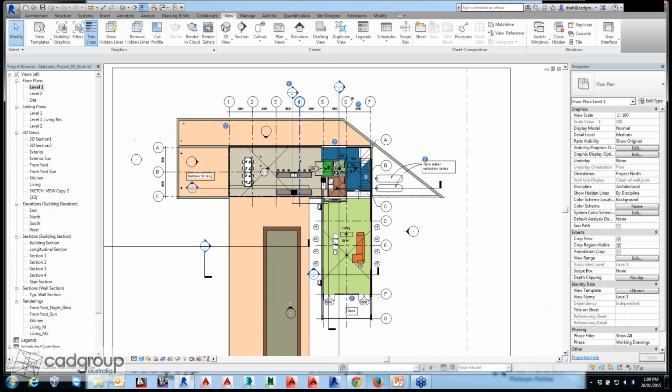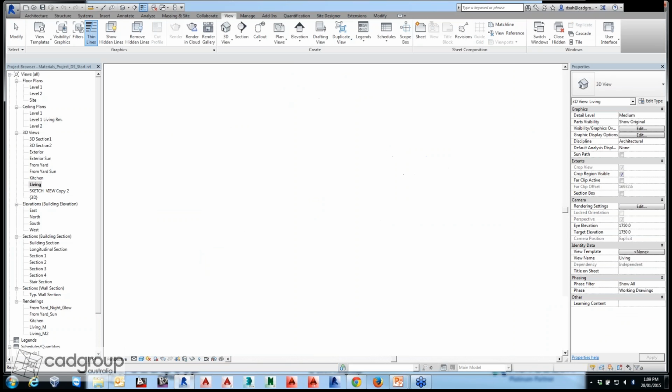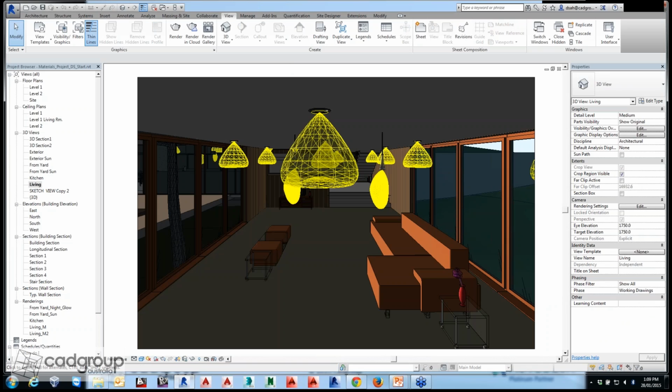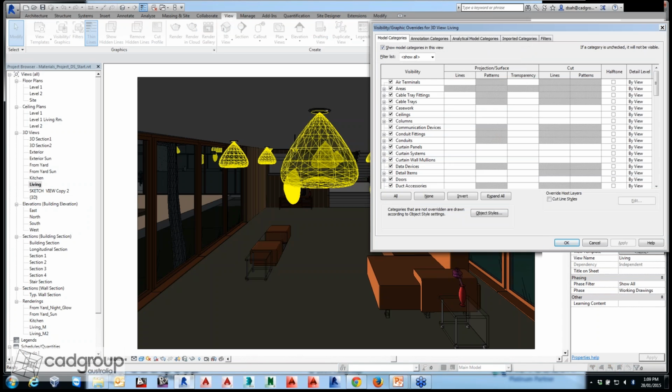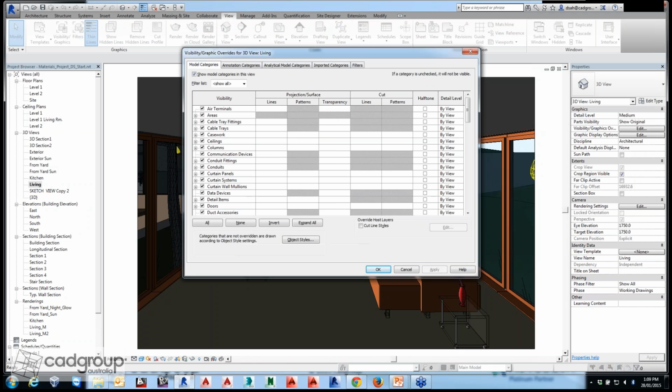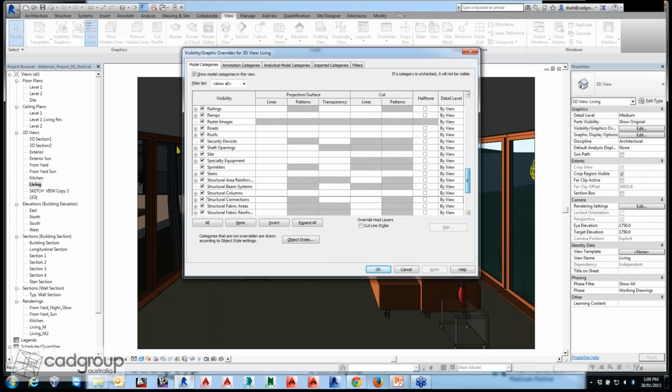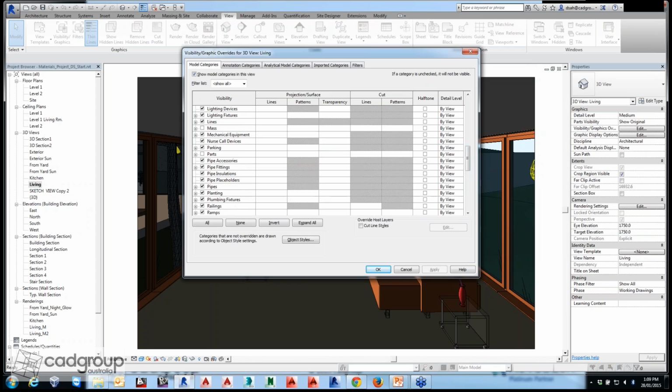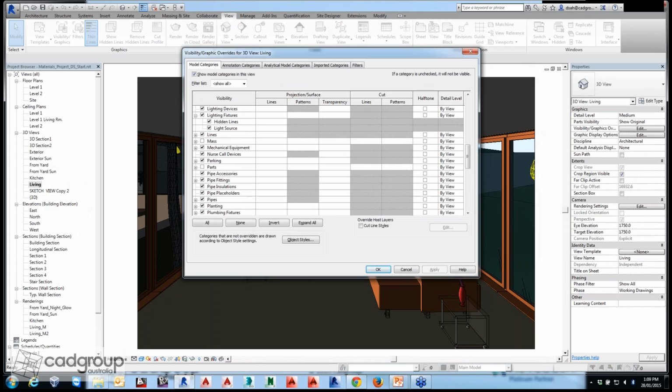So I'm switching to Revit now, where I have that particular file open, and I'm going to open the view called living. We can see here I have used a number of artificial lights, which we can see in the yellow area, and this can be controlled easily if we want to show that in a view. So if I go to the VG control,